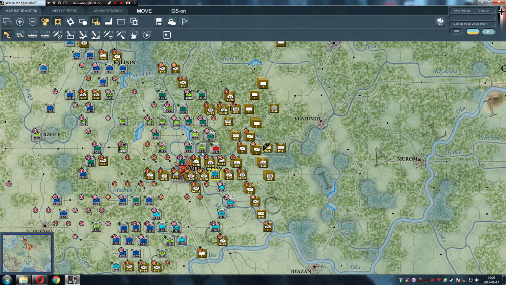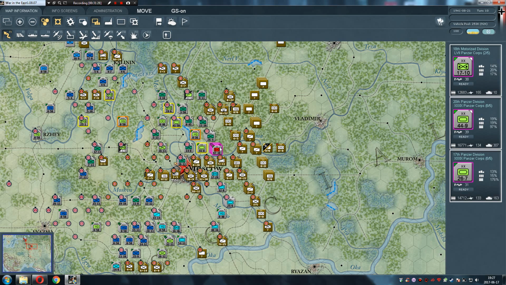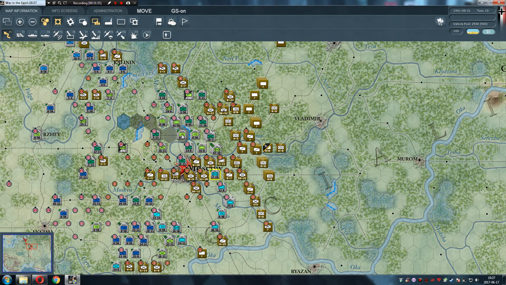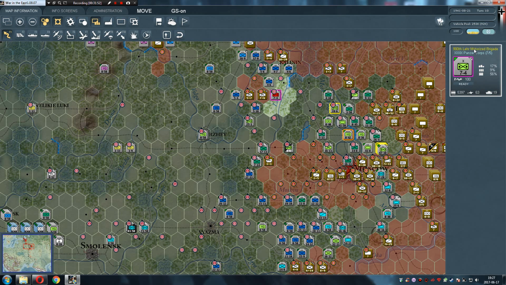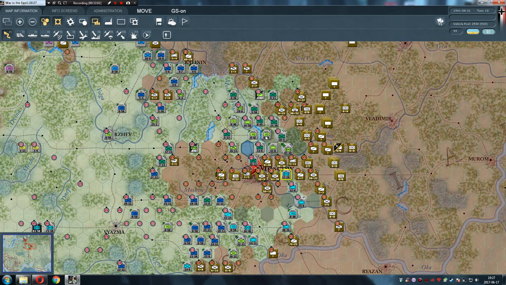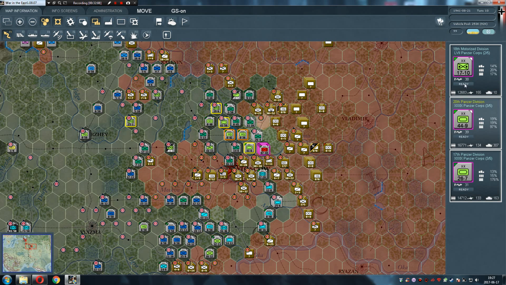So we can withdraw this division a bit to the rear, and then replace it with our motorized formation. Of course, remember about the HQs. We have plenty of administrative points, so we can even optimize the chain of command. For example, this motorized regiment we can assign to the panzer group for lack of better, quick choices, I mean. And then we have one more space here because it says 6 to 8, and you can assign the remaining